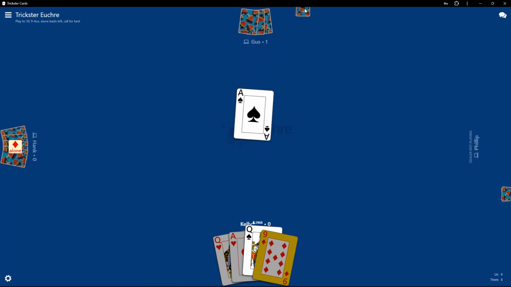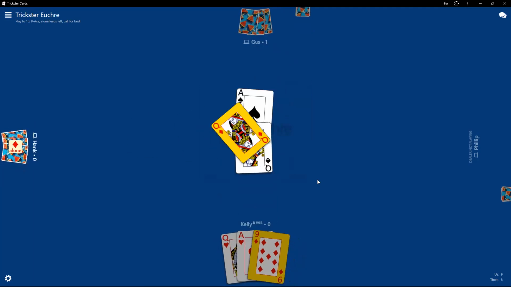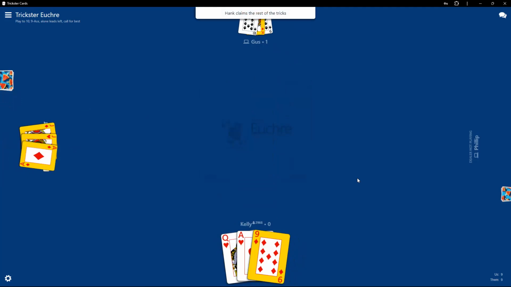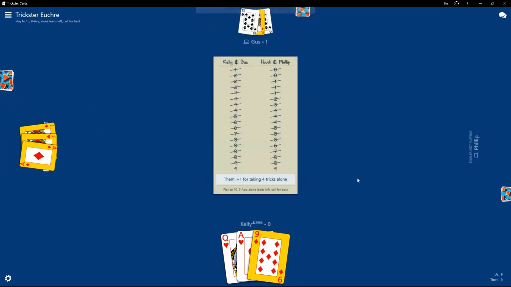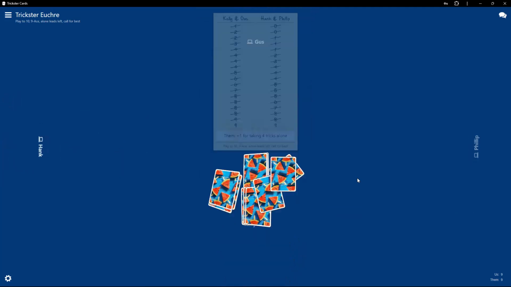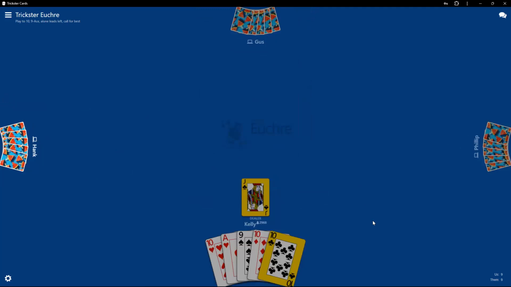Let me go take a look. I didn't notice what happened there. Okay, so my partner played the ace. That's okay. And by the way, it counts down. I don't know if I mentioned this yet, but if you don't play right away, it will automatically play a card for you. So they had 3 boss cards. 9-9. I guess it's good to get the blood pressure a little higher sometimes.